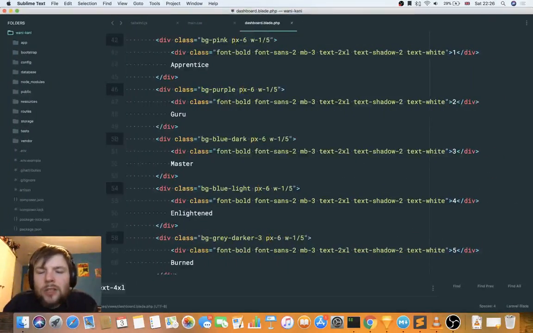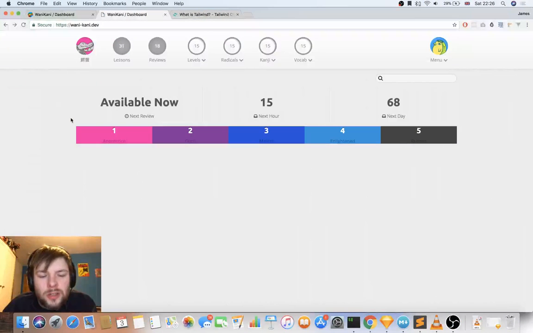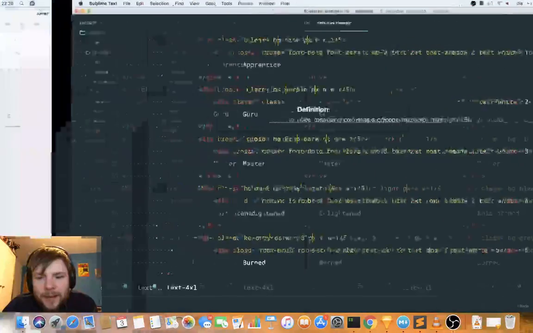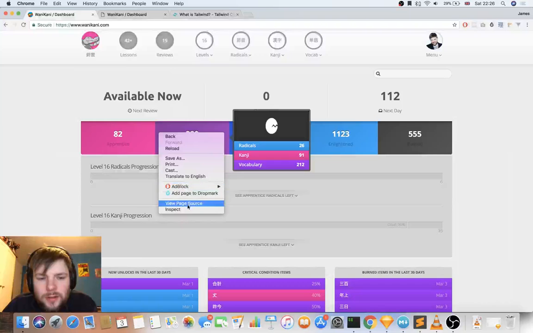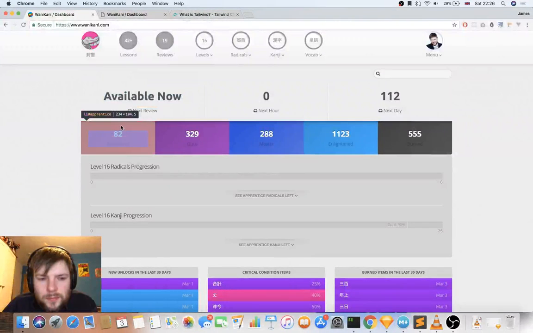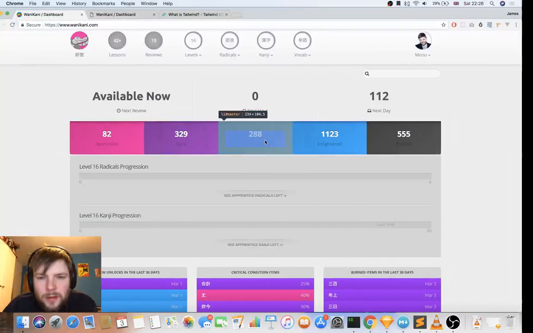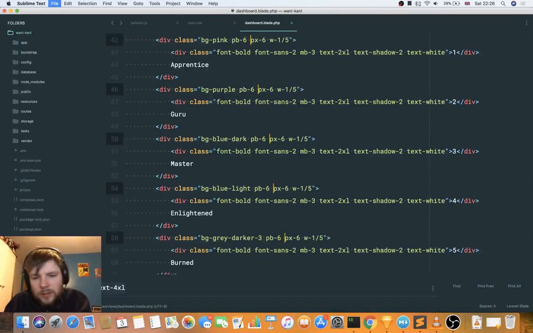It's the axis where it doesn't really matter because we can't see it with the content we've got, but that is there. And then so it's top, isn't it, that's bigger? Yeah, top is bigger. So PB6,